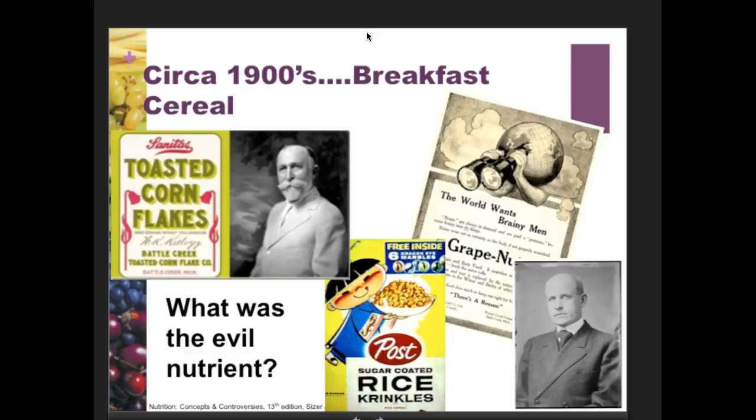I don't know how many of you out there now eat breakfast cereal, but we sort of take it for granted that that's the healthy thing to do. So that was kind of the start of nutritionism: using nutrition knowledge to promote, maybe for good, sometimes maybe for financial purposes.